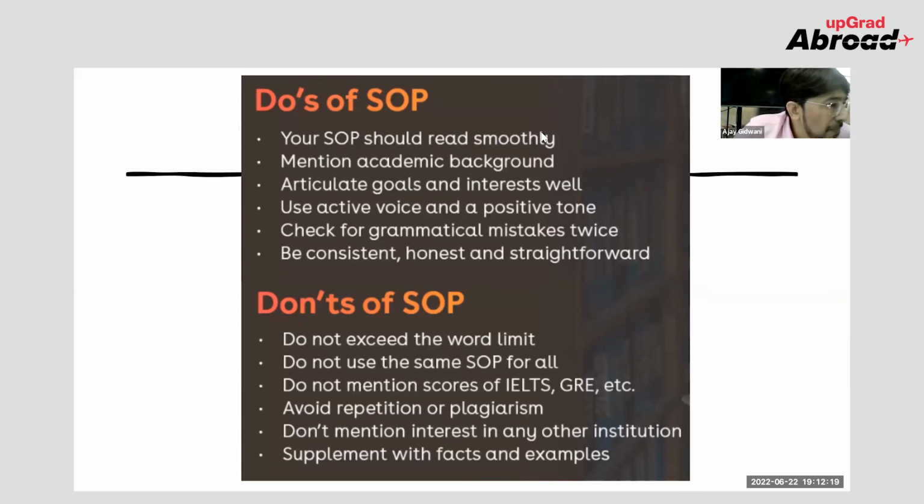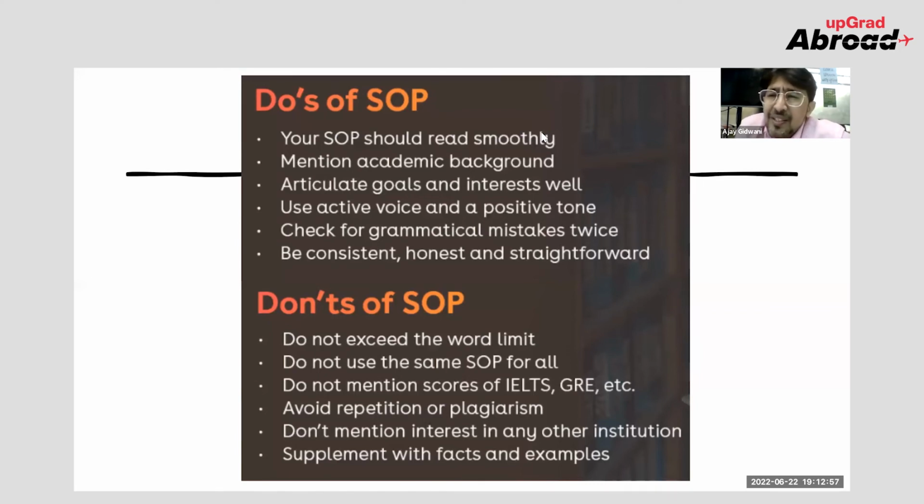Right. Purvesh asked how to differentiate my SOP for the same course, Master of Professional Accounting, in different universities. See, I'll give you a classical example. When I go for a job, I first look at the job specification, right? And according to the job specification, I tailor and customize my resume, right? The same way, you need to understand the university. Is the university more research based, or more applied learning, or focused on some extracurricular activities? In this way, you have to customize or tailor-make your SOP.